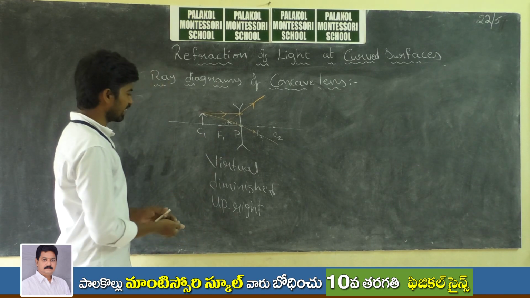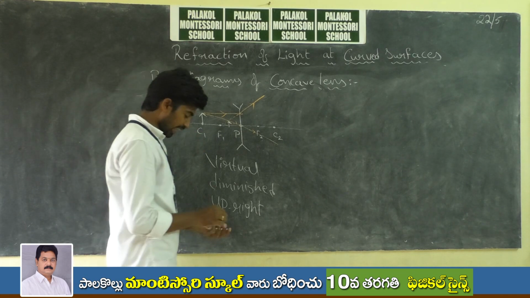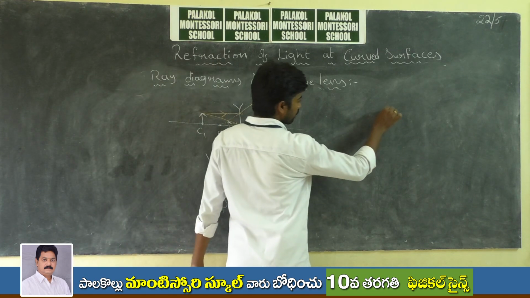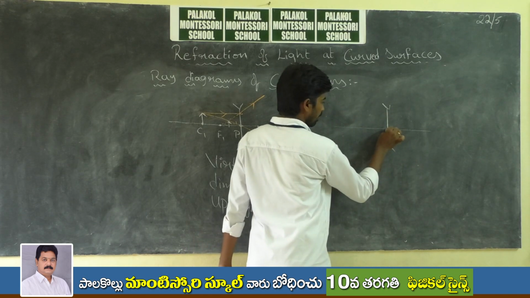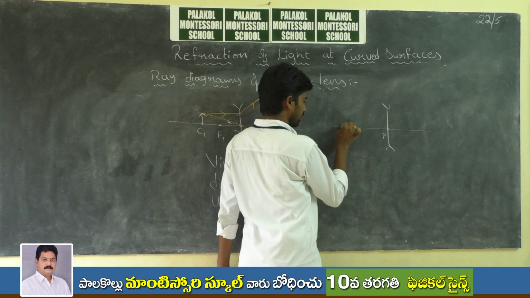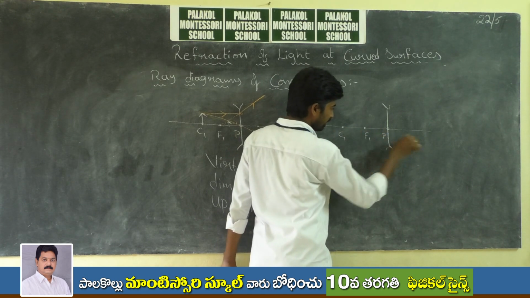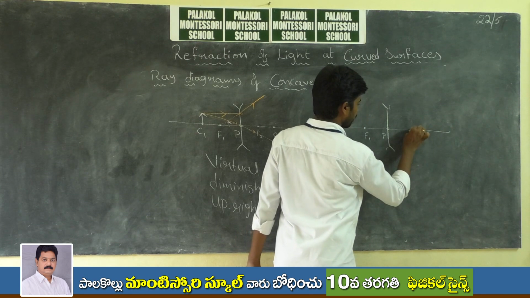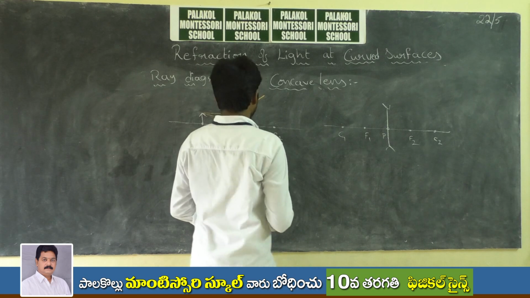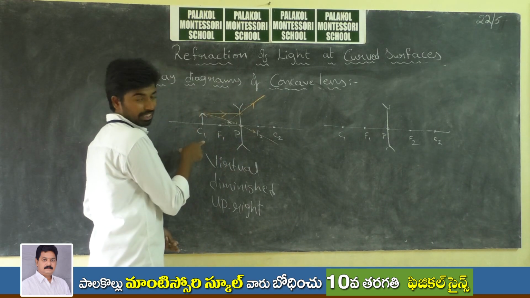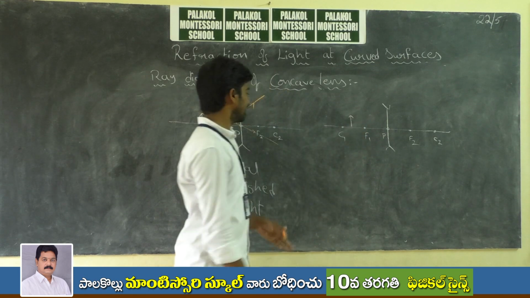So let us take another case when the object is placed in between C1 and C2. Let us verify that also. So I have considered concave lens, pole, center of curvature C1, focus point F1, focus point F2, center of curvature C2. So again, initially I have placed the object at C1. Now place the object in between focus point